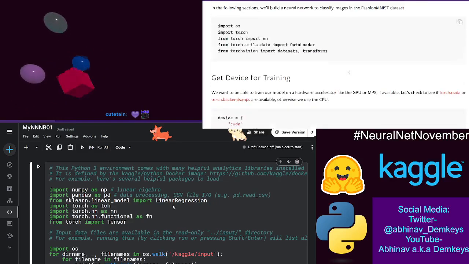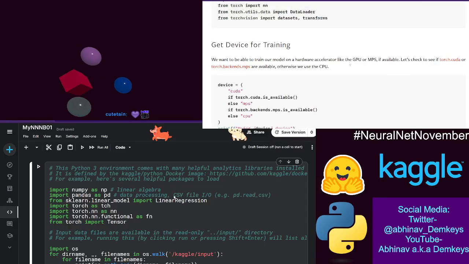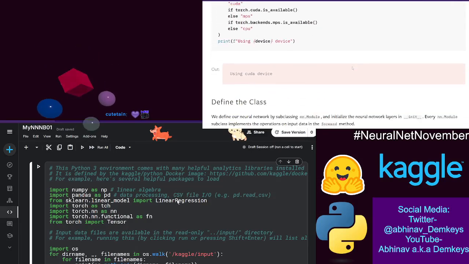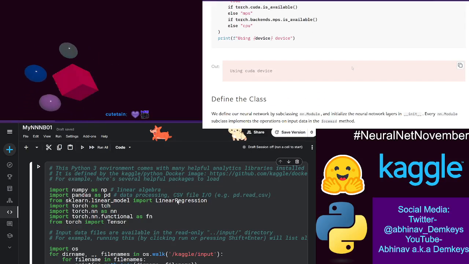I was revisiting the linear function. This is basically a layer. This is a layer in a feed forward neural network,